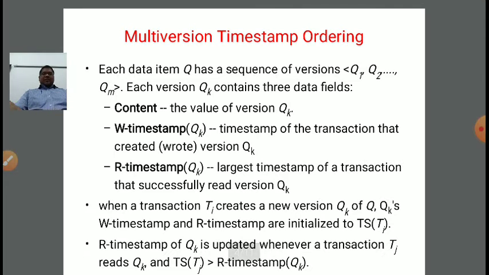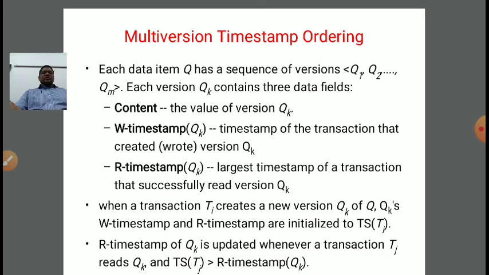So multi-version timestamp ordering. Each data item Q has a sequence of versions, like we can say Q1, Q2 up to Qm. Now each version Qk contains three data fields. First field says about the content.